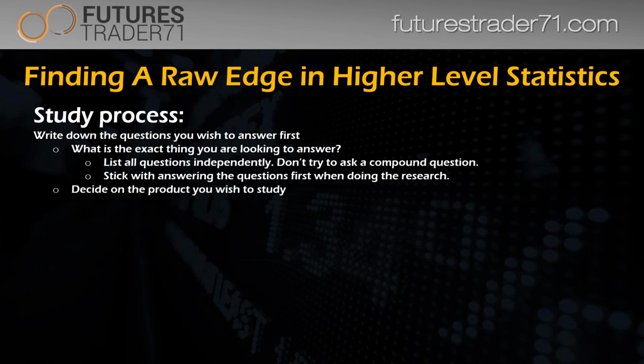Decide on the product you wish to study. So to decide on the product you wish to study, you have to evaluate your risk tolerance. You have to look at the basic information that is needed, and then decide that, okay, this may be a product that I'd like to look into, and then you start digging into the statistics. Once you figure out what product you want to use, scrub your data. So if you look here,